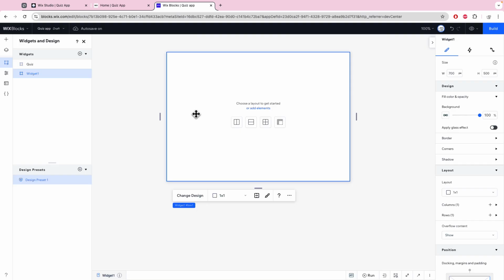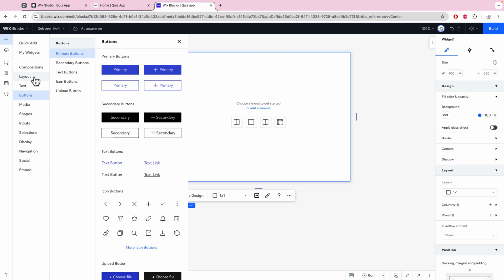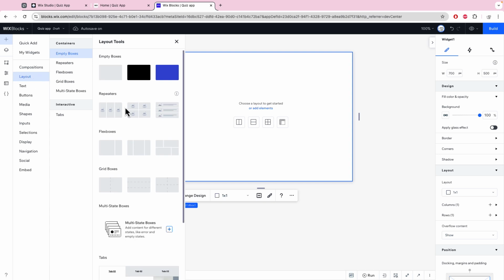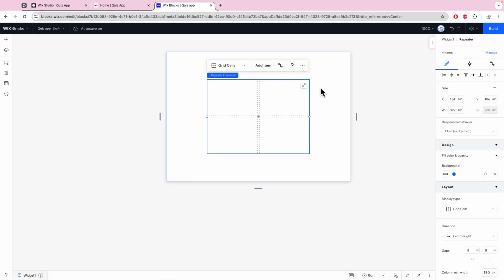I will again take a look at my structure. I want the answers to wrap responsively when resizing the widget, and I want the styles to be the same for all the answers. In this case, the repeater will answer those needs. I'm going again to the Add Elements panel, to the Layout section, and adding a repeater to the stage. I will stretch it,